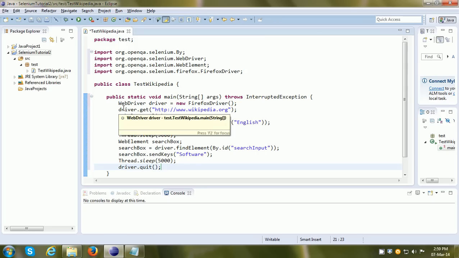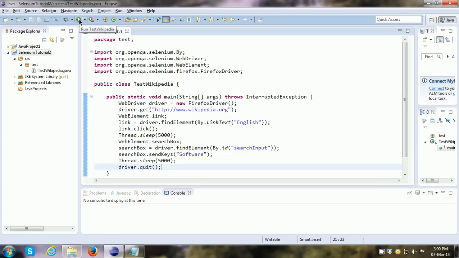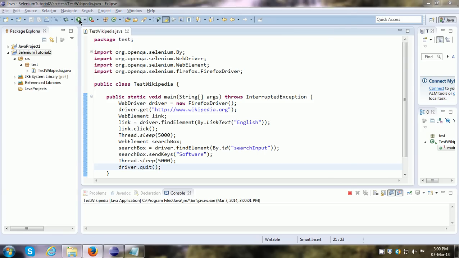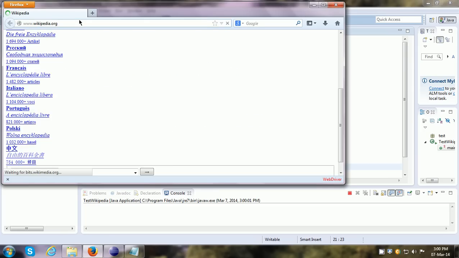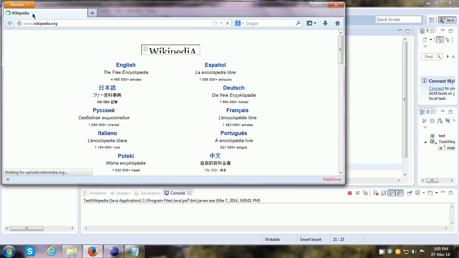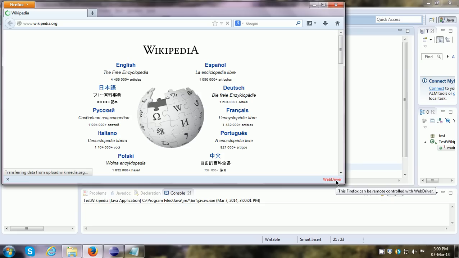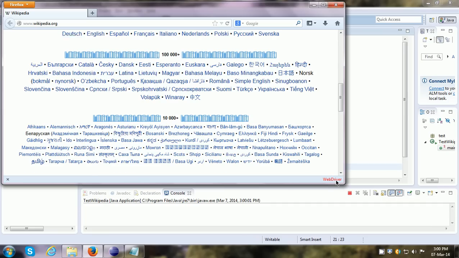So that is the code that I already demonstrated on the Wikipedia page. So all we need to do now is run it to see if it works as per our expectation. So I am running it now, and once WebDriver runs, it can create a new instance of the Firefox browser. So you can see it has opened an instance of the Firefox browser, and down below you can see WebDriver is written over here. My hands are away from the keyboard and the mouse, and automatically it is going to find the web element with English and go to the English main page.